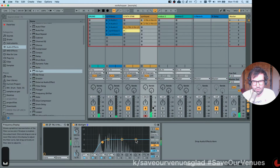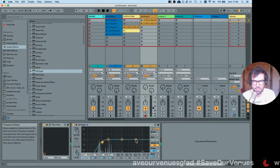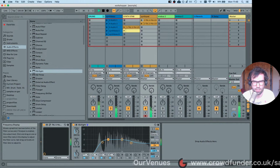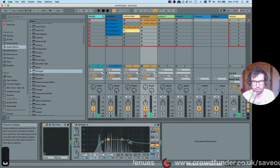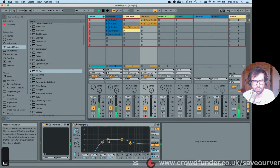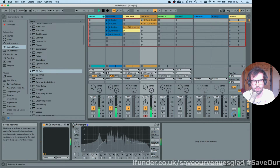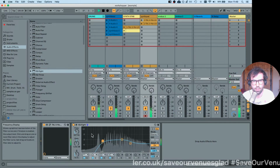Now, because I know I've got other high frequency elements that are going to be doing other stuff, I'm probably just going to shelf off a little bit of the high. This pad sound is very warm. It's got a very nice mid-range, and I don't want to kill that too much, because I think that's where it does its best work. I might take out a bit more around there. That's quite subtle, but